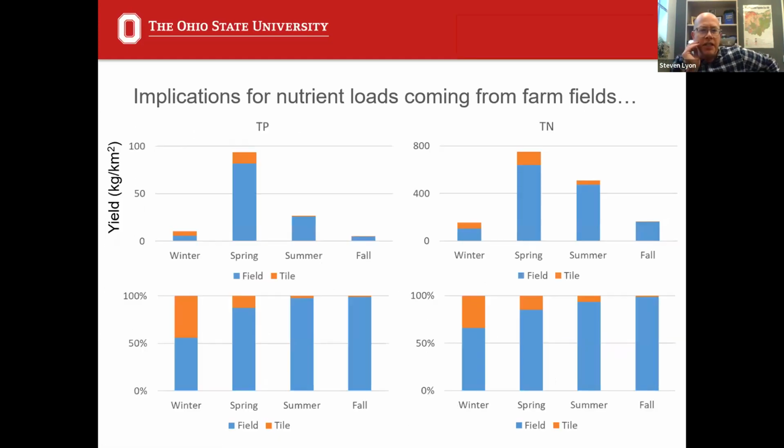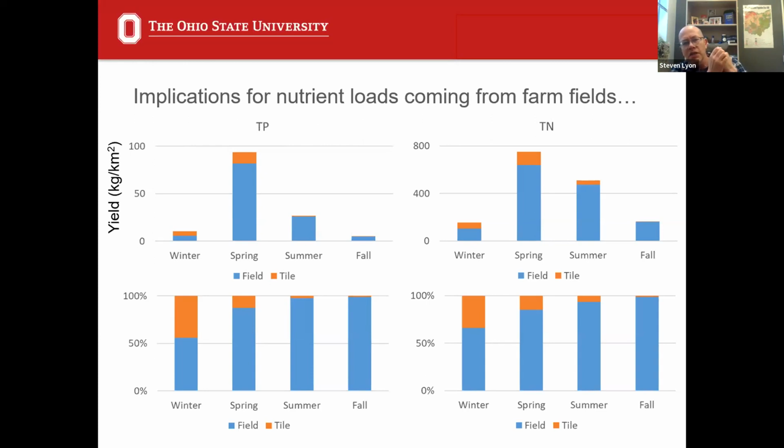Then we've made some estimates, just wrapping this up, thinking about when we see these peaks, and when and how water is leaving the system and the load potentially contributing. This is a little bit of a noisy graphic, but looking at time across the individual seasons, we've made estimates on the load, the yield here, which is mass per area of the field. For both phosphorus and nitrogen, the springtime is the peak load period, independent of whether we're looking at water flowing through the tile drainage system or fluxing through the subsurface. We've estimated this here. Orange is the load coming through the tile drainage system, and our estimation for the edge of field is blue.